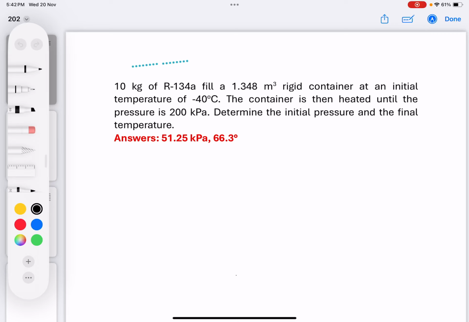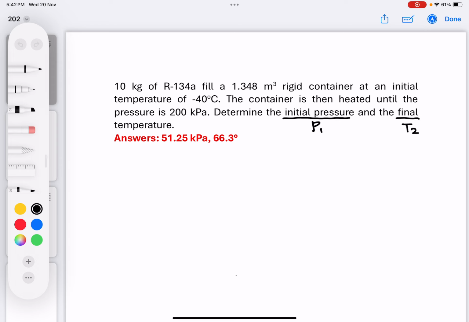Question: 10 kg of R134A fills a 1.348 meter cubed rigid container at an initial temperature of negative 40 degrees Celsius. The container is then heated until the pressure is 200 kilopascal. Determine the initial pressure and also the final temperature. In this question, they're asking for the initial pressure, which is P1, and then the final temperature, or we call it